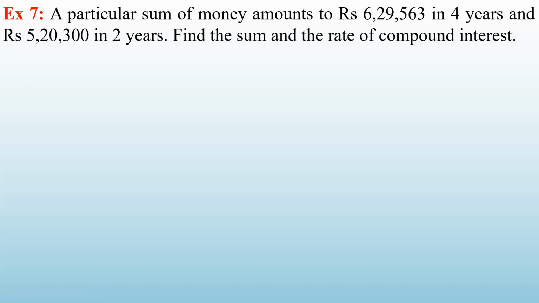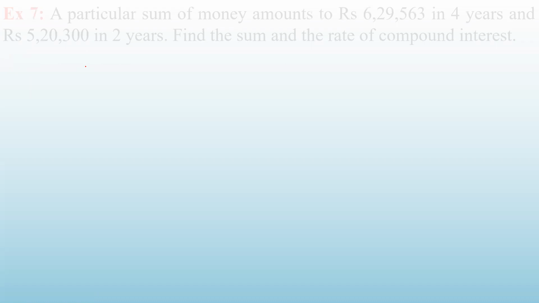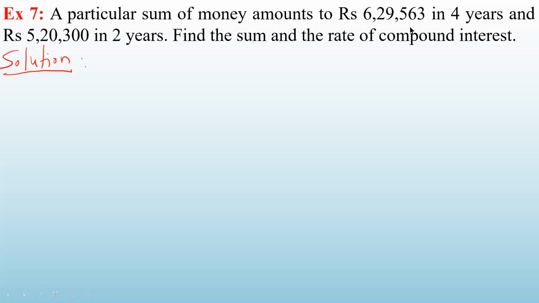How will we solve this problem? Let us first of all, given any problem, write down what is given to you and what is asked to you. So what is given to you here? That a particular sum amounts to this much in 4 years. Means the amount is given to you as A equal to 6,29,563